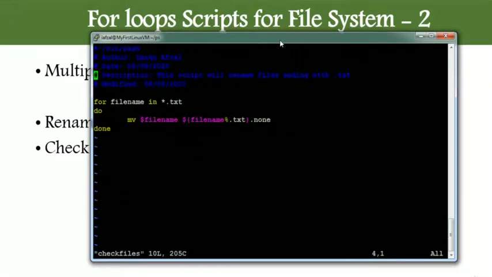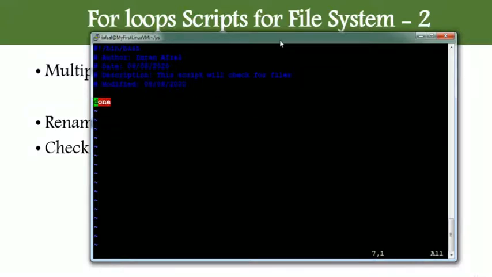I'll leave everything in there except this script will check for files. Simple as that. Just change the description. Everything stays the same, and remove the script and start the new script. So now, what are the files that you want to check? I want to first create a variable. In the variable, I'll just put files